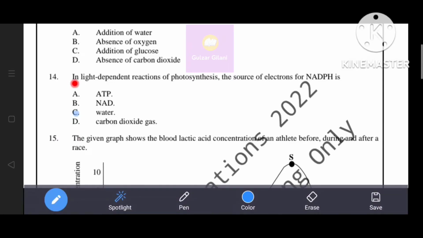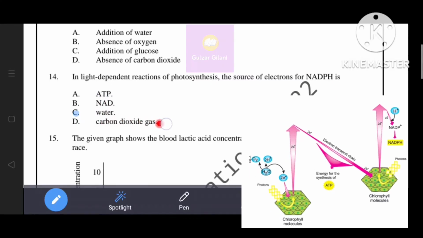Next question. In light-dependent reactions of photosynthesis, the source of electrons for NADPH is... From the given options, the correct answer is option C, that is water. As you can see in the picture also,